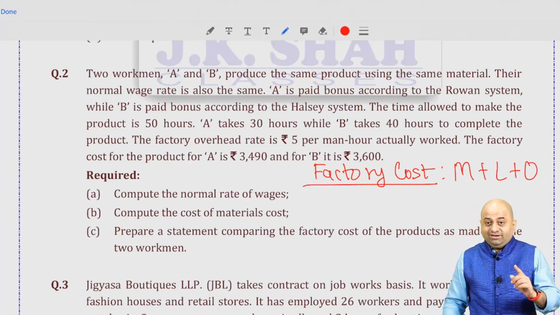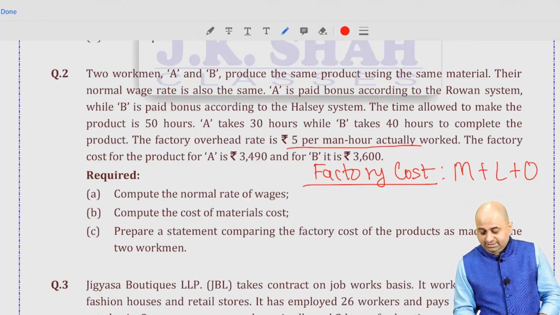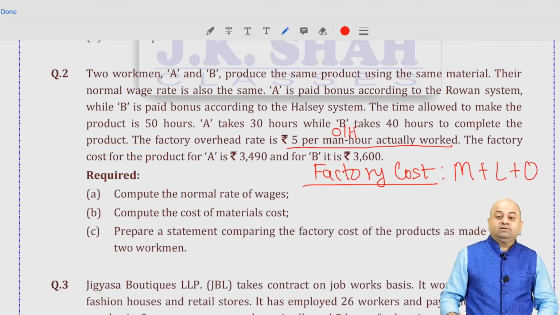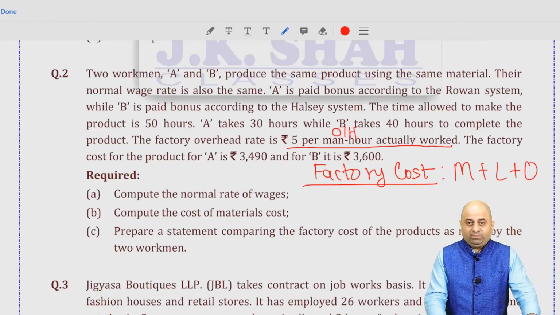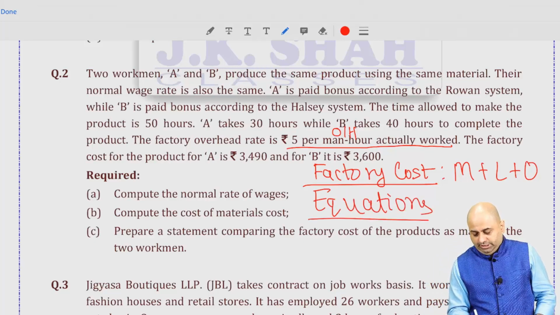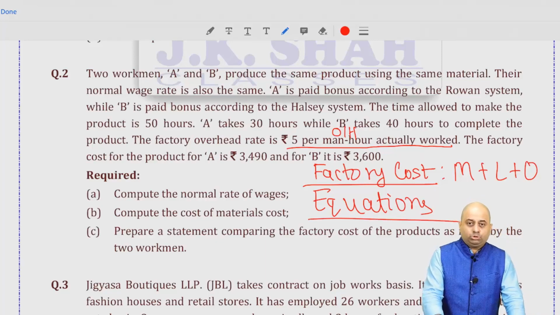Do not fall prey to a mistake wherein considering this as wage rate. This is an overheads rate. That is something where some people make a mistake. I hope you will not do that. And then we were supposed to create simultaneous equations in this particular question. With that, this problem used to become very simple and we used to solve that. But remember that